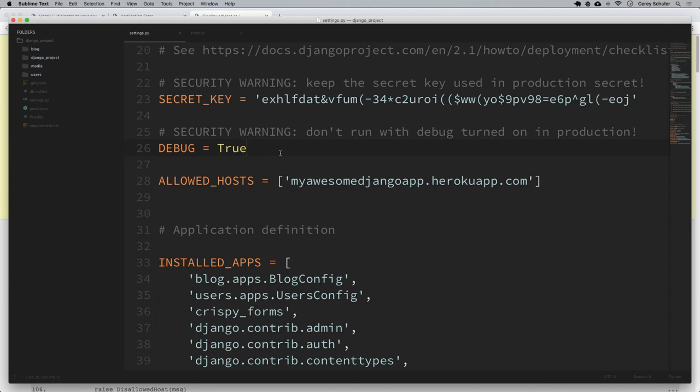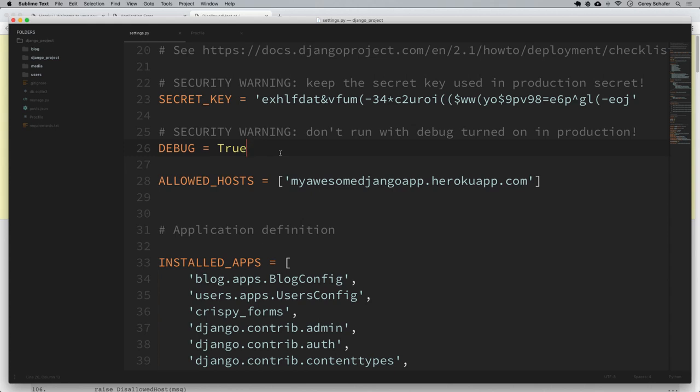Now, like I said before, we're going to want to set debug equal to false in production, but we shouldn't just set it equal to false because when we're on our local machine, we actually want debug equal to true for testing. So anytime you need a value that's specific to whichever machine you're on, that is a good candidate for an environment variable. So if you've been following along with this entire series, then you should already have some experience setting environment variables, since that's where we put our username and password for our email service and also our